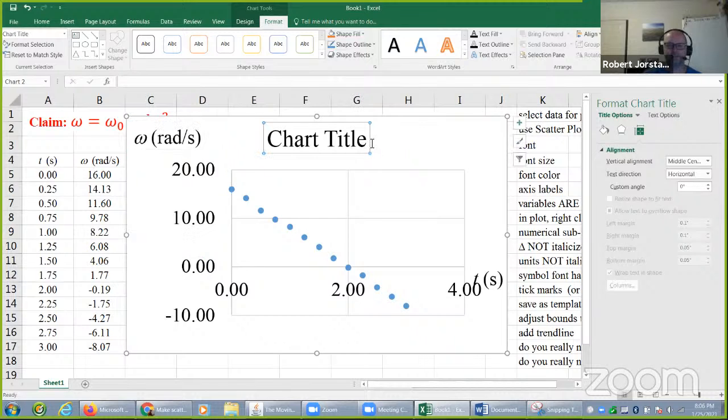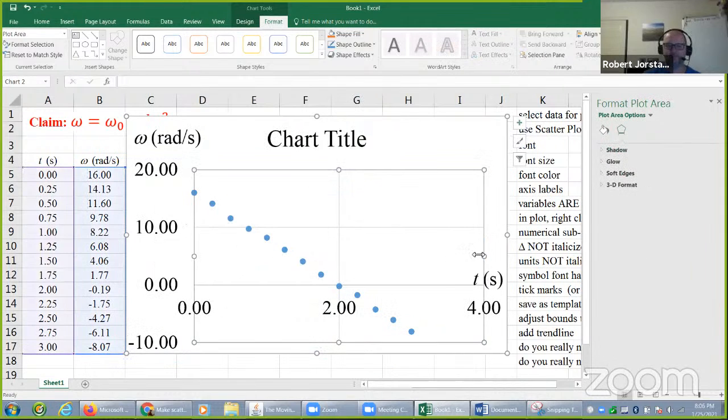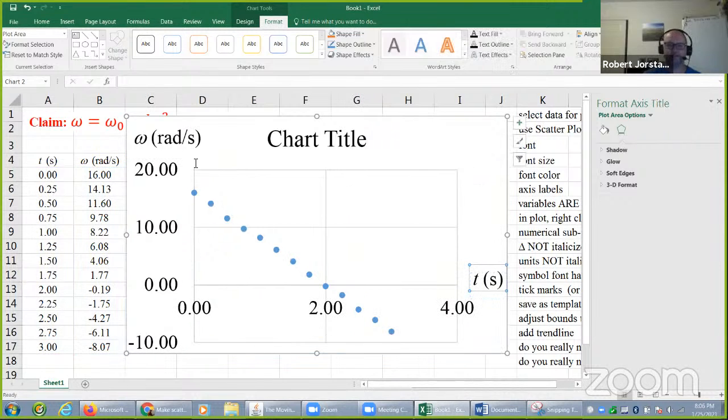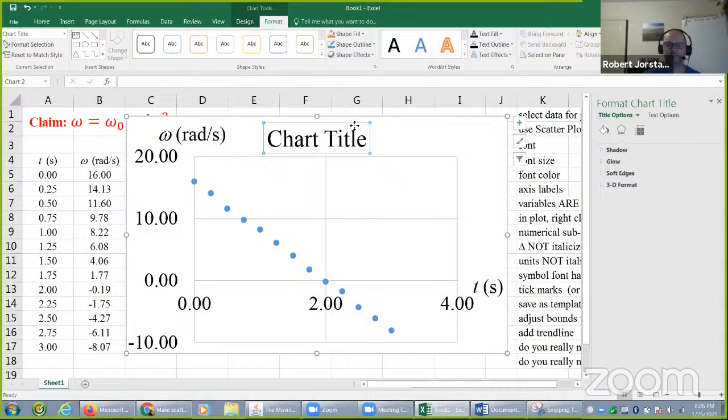Now, in this case, it's pretty obvious what we're plotting since we've labeled the axes. If I move this over here and make this as big as possible, it's obvious we're plotting omega versus t. So I argue there's no need to do a chart title here, but if you needed to, or maybe you